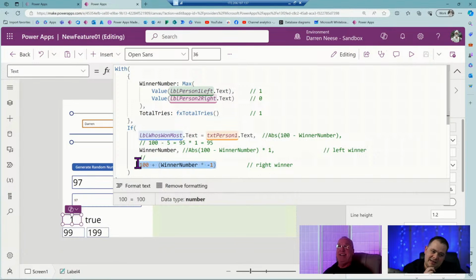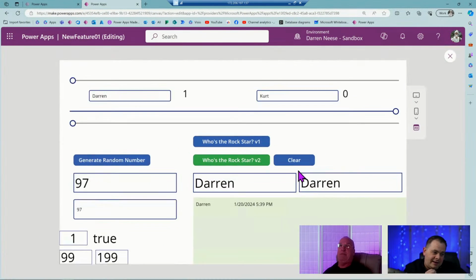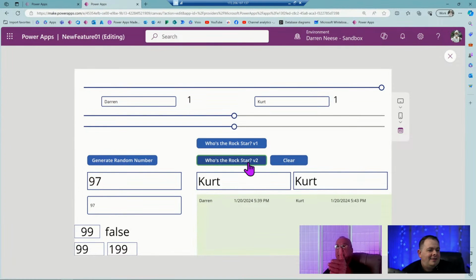All right. Okay. So is this line of code fine? So far it is. Let's go run this thing. Let's see it. All right. Let's do it. Look at that. Okay. We got 1 and 1. This is a tie. It should be in the middle then.